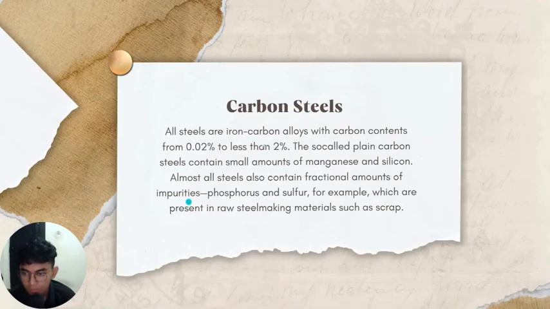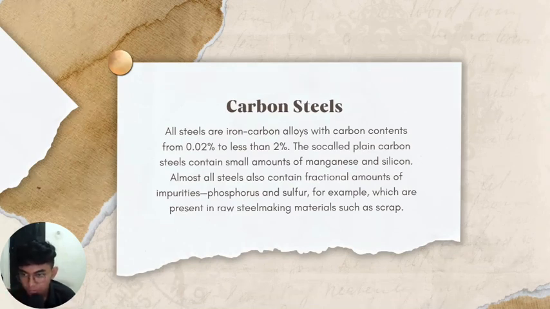The next slide is carbon steel. All steels are iron-carbon alloys with carbon content from 0.02% to less than 2%. The so-called plain carbon steel contains small amounts of manganese and silicon. Almost all steel also contains fractional amounts of impurities, phosphorus and sulfur for example, which are in raw steelmaking materials such as scrap,